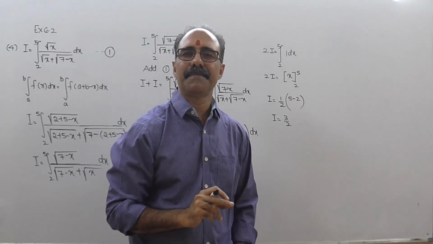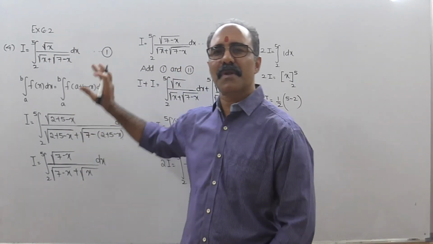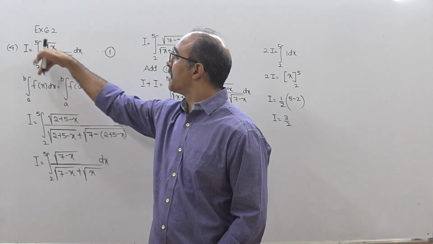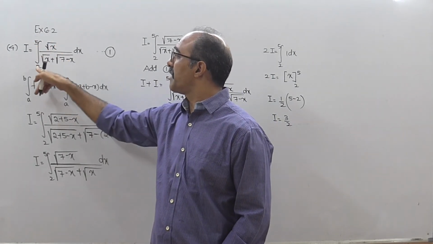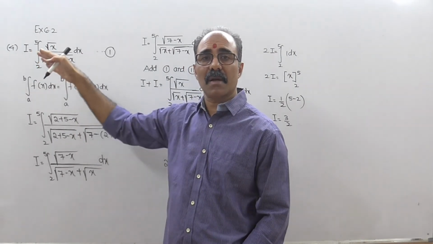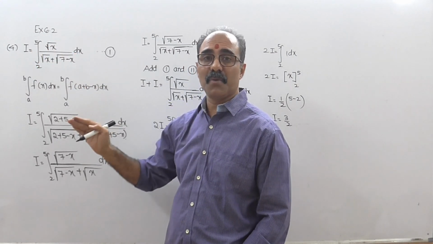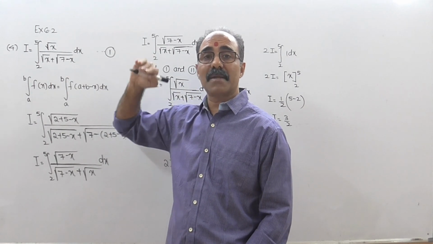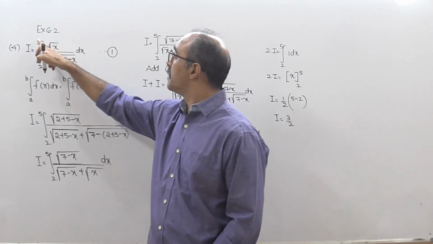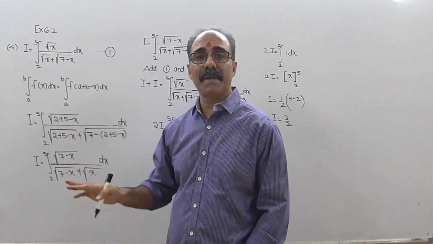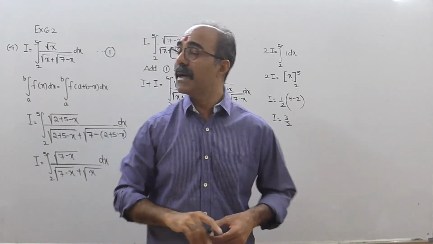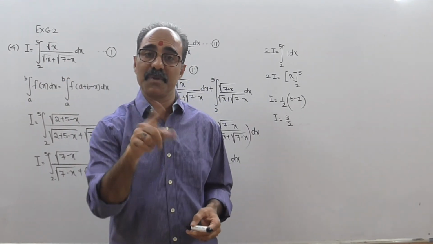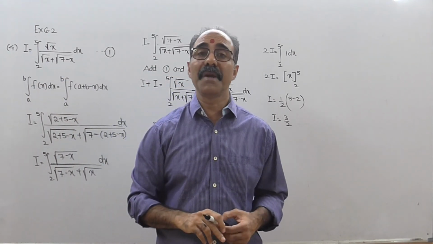Basically, for these type of sums, the answer is always take the difference of the range, meaning ऊपर 5 है नीचे 2 है, तो 5 minus 2 करना and divide it by 2. Subtract the range, upper range minus lower range, meaning it is b minus a upon 2 will be the answer. Check now. What is b minus a? 5 minus 2. What is it? 3. 3 upon 2 will be the answer. If you check the previous sum, you can reconfirm it again.